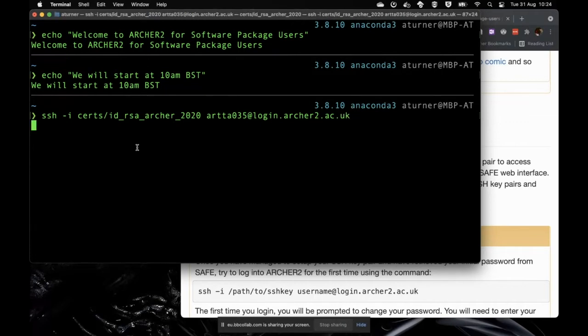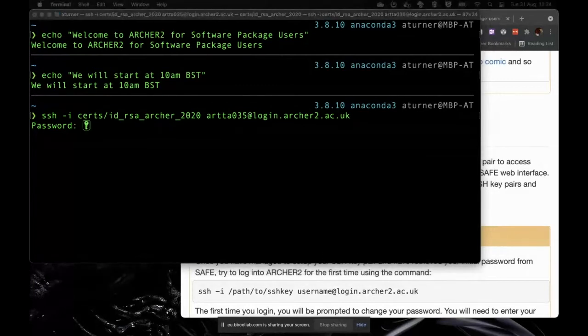Okay. So I'll press return. And then it asks me for a password. Now I have to go to the safe and pick up my password. I'm going to do that on my other screen that you can't see, so you can't see all the personal information. It's on SAFE, but I'm going to go to my list of login accounts on SAFE. I'm going to view my login account password, and I'm going to copy it and paste it into